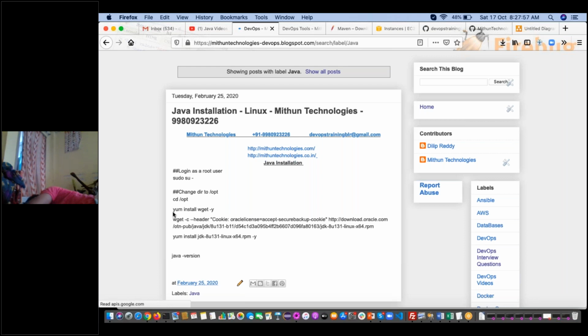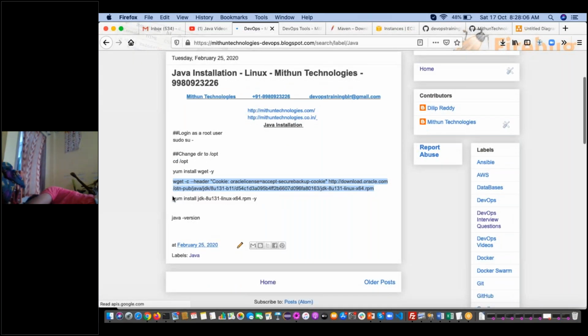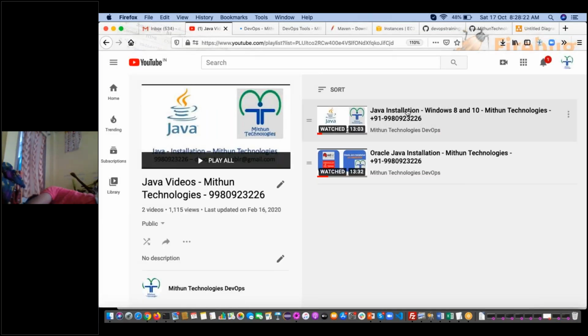Go to the OPT directory. Install the wget command. Why the wget command? For downloading the software. So here we are downloading and installing, and we can check that. Very simple. Follow these steps for installing Java on a Linux server. For installing Java on Windows, follow this video. Before coming to the next class, you should install Java on your Windows machine and Linux server, and